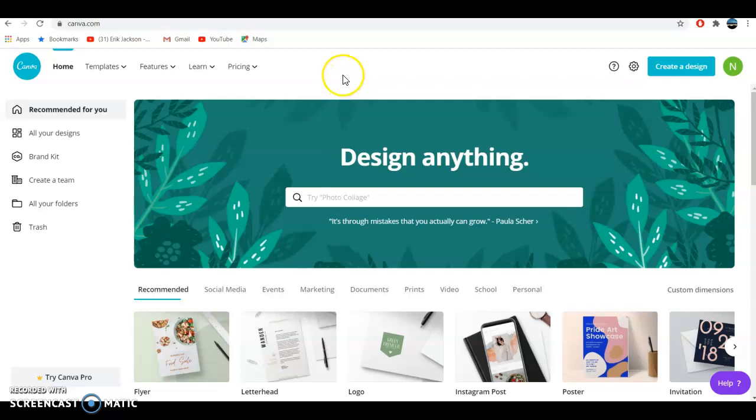Hey everyone, I'm going to be using Screencast-O-Matic, the free website, to capture the screen recording, and then I'll be showing Canva.com. A lot of you already know about this resource, but it's a mostly free online resource. You have to sign up for an account, but as soon as you do, you can access a lot of